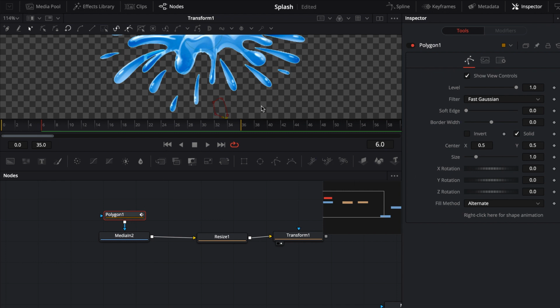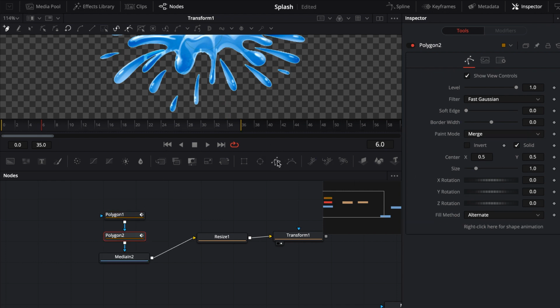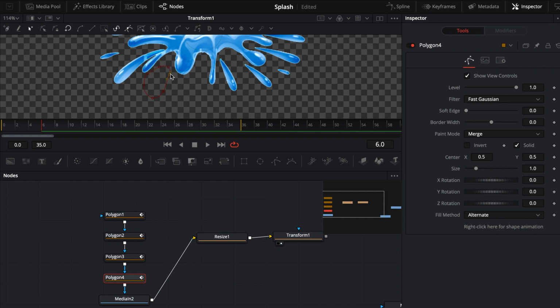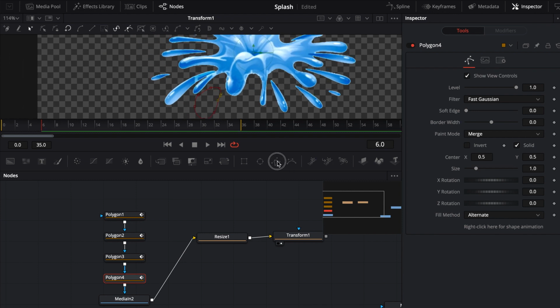So after you've made that one mask, just go ahead and keep pressing the polygon mask tool and just keep making masks. And I'm probably just gonna fast forward this just so you're not staring at me clicking away for an hour or however long this takes me. It's probably actually realistically only gonna take a few minutes, but